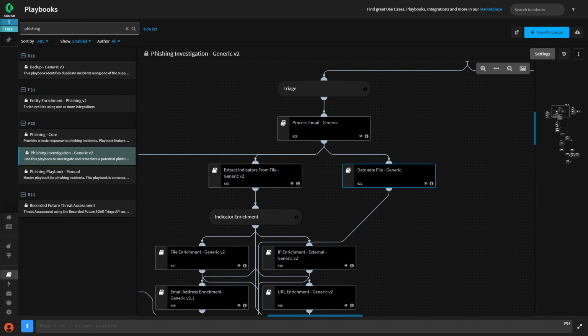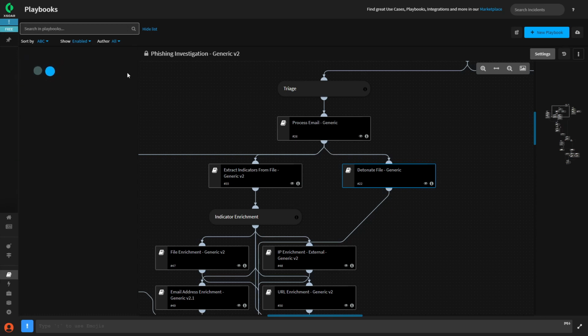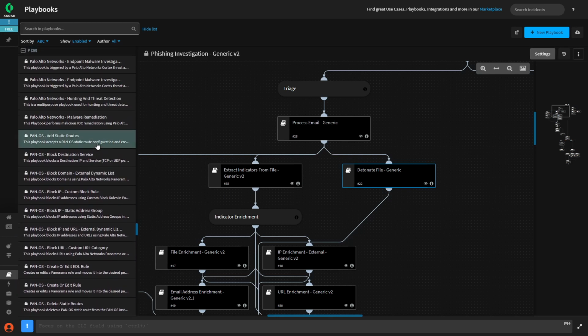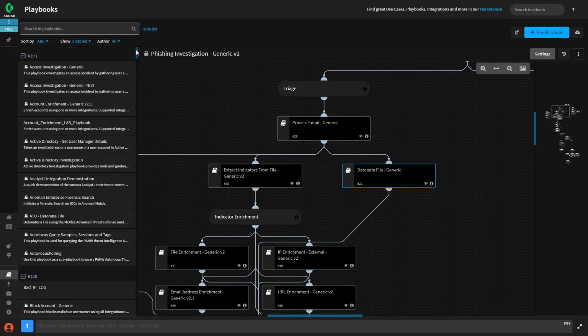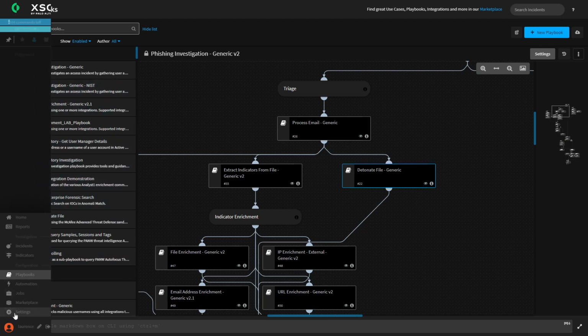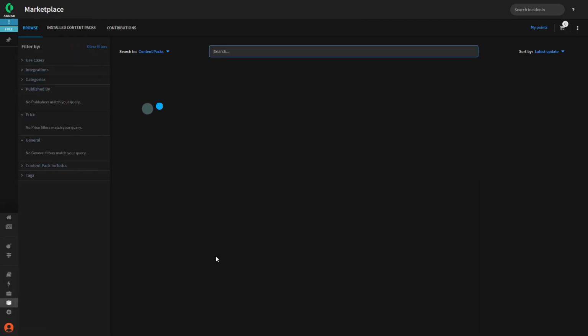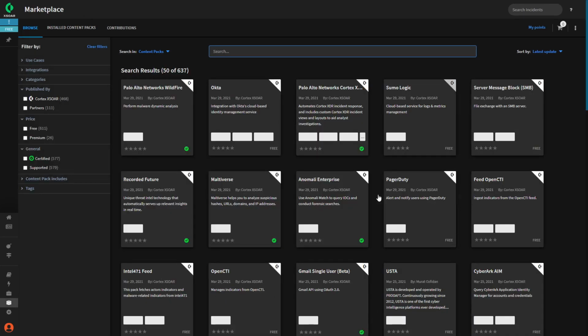So now we get to the fun part, or one of the fun parts, which is the configuring of playbooks. Obviously, with XSOAR, you get many playbooks already installed, as you can see in a minute. Okay, so these are all the playbooks that come with it already, and then as you download integrations, they come with their own playbooks. So for instance, if we go to the marketplace and just pick any random one,